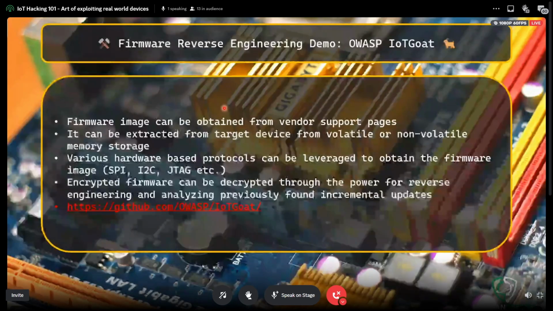So what you can do is, if you have a TP-Link router, you go to the support page, you can download the firmware binary, and you can use various tools such as Binwalk. It's quite an old tool, it has existed for almost a decade now, and Binwalk allows you to work with the magic bytes of a file.